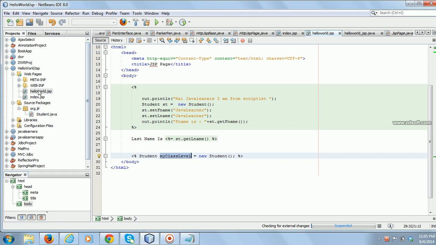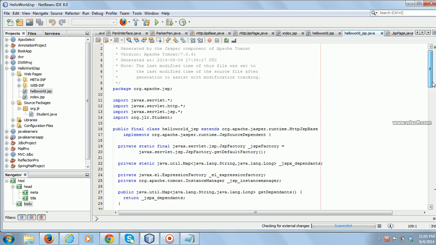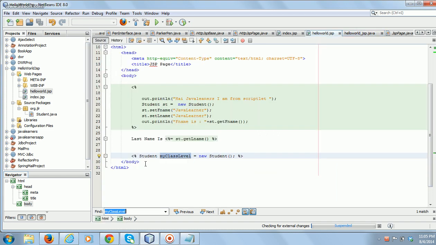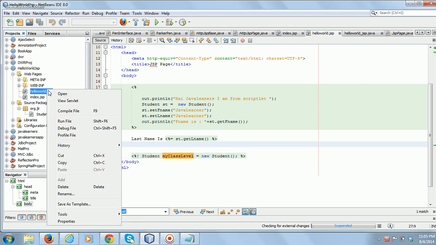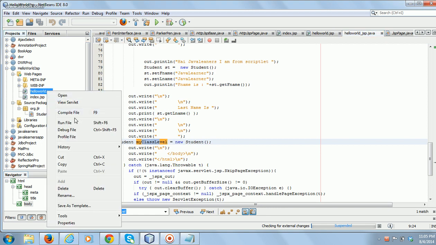Now we will see the generated servlet. Can you see where it went? Sorry, I made a small mistake. The declaration tag syntax is percentage exclamation mark. I didn't give the exclamation mark, that's why it is treated like a scriptlet. Okay, now I will see the code. I will run it again.